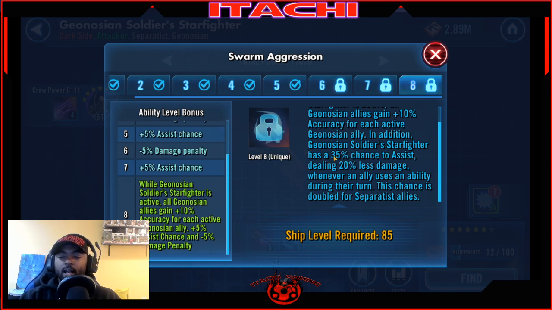Geonosian Soldier Starfighter will have a 35% chance to assist, dealing 20% less damage whenever an ally uses an ability during their turn. This chance is doubled for Separatist allies. So for the other Geos, it's going to be a 70% chance to assist and dealing